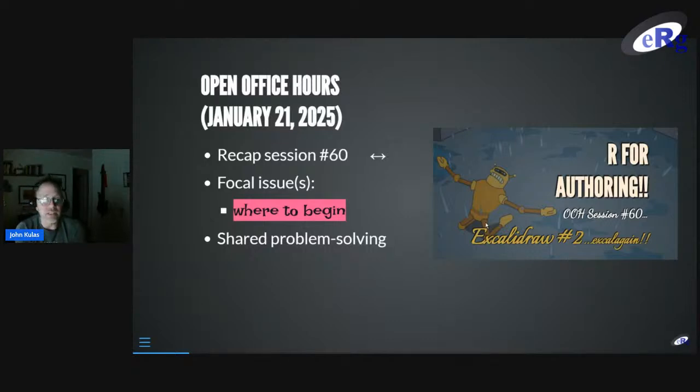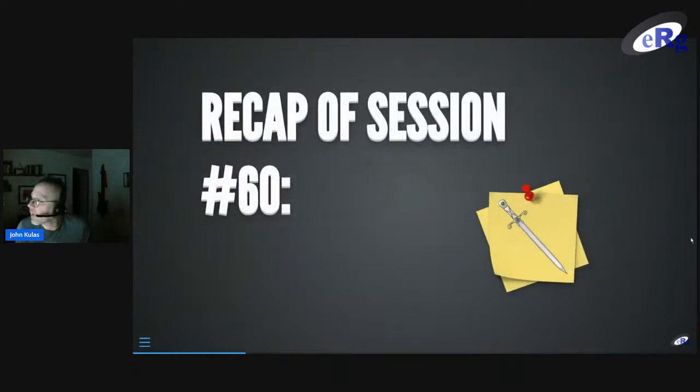I think we're going to focus on Quarto, the more up to date, recently supported authoring platform that Posit, the company that provides the IDE that I still prefer to use, put out. I think we'll cover how to get started with that specifically. So that'll be fun. Before we do that, we'll take a look at what happened last week.